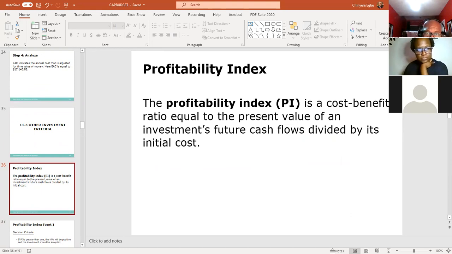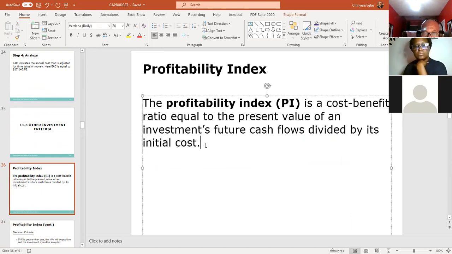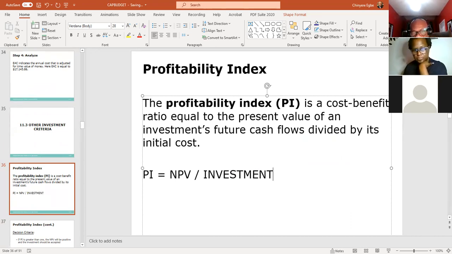For example, for the problem that we had, the PI index will be NPV over investment. That's very easy. And in that particular problem, what did we have? The PI would have been